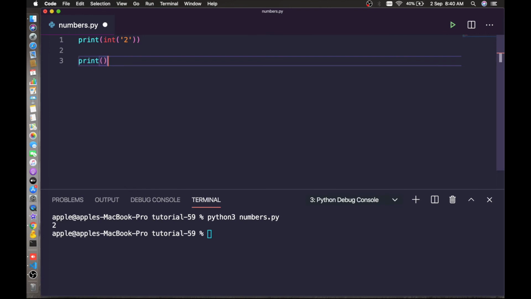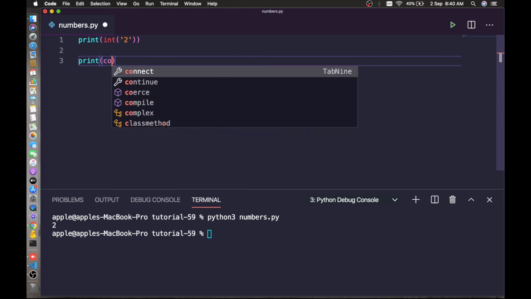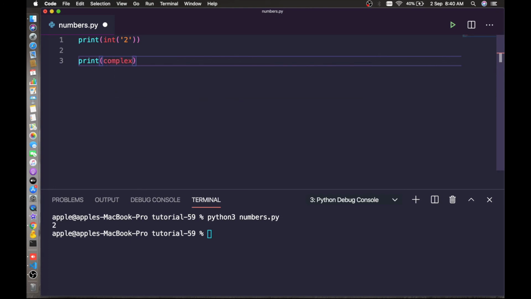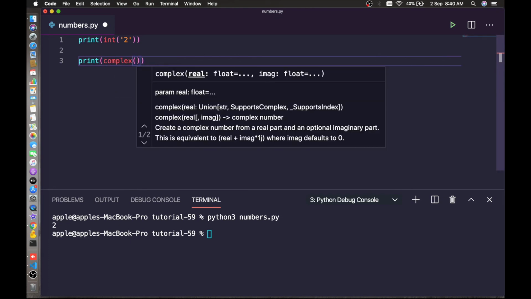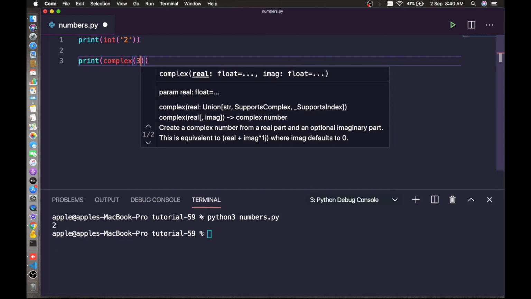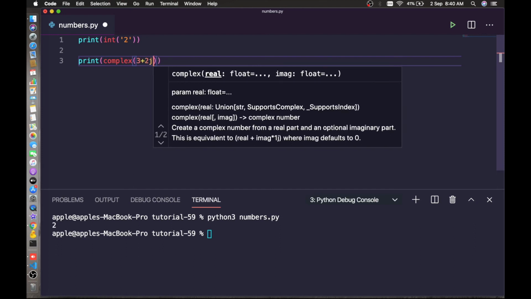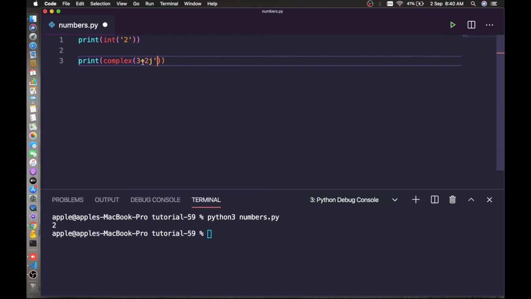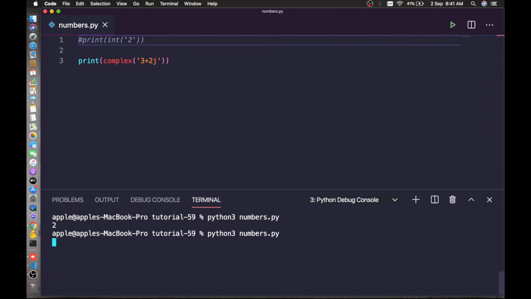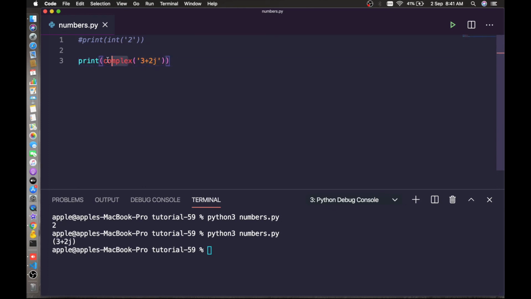Print complex of '3 plus 2j'. Let's put it in single quotes, so it's a string, and it will convert to a complex number. Let's comment the earlier one and print this one. Here it is. So the string is converted to a complex number.